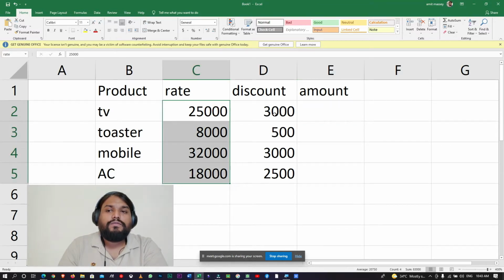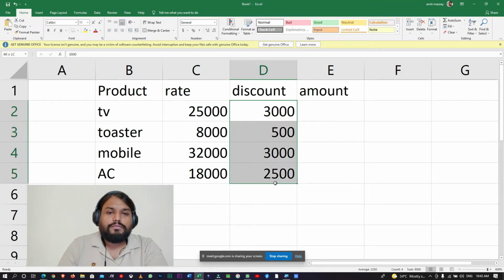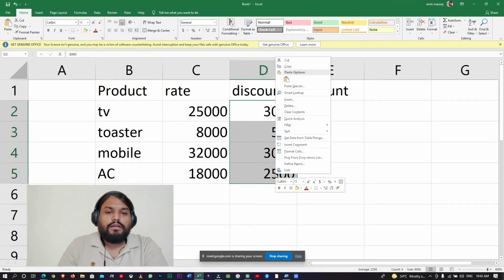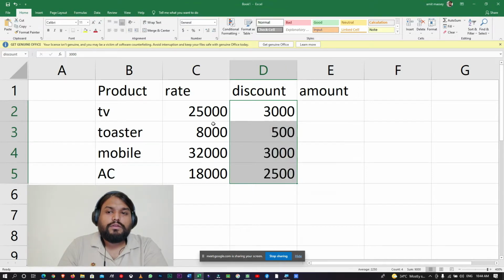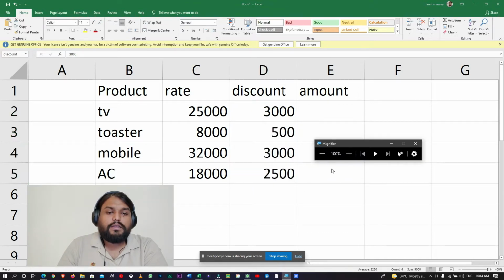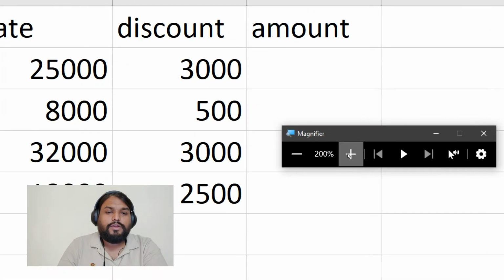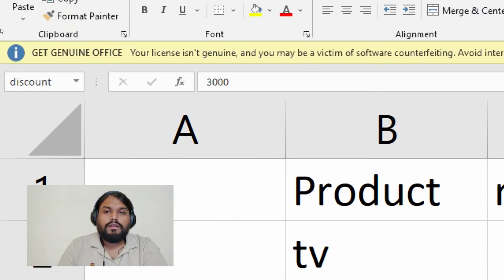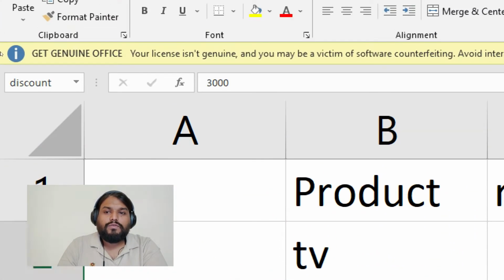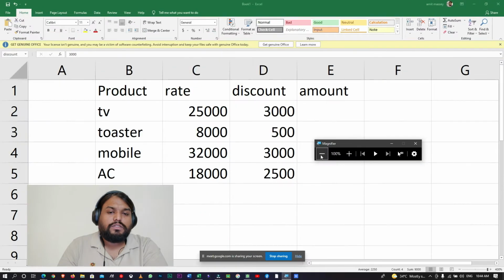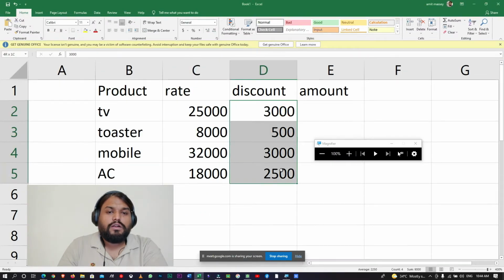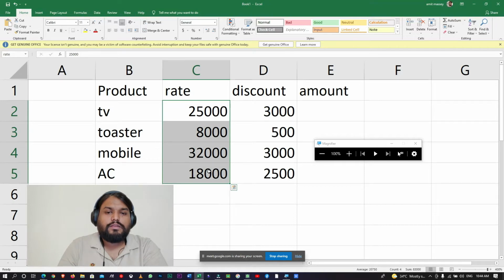Now we will give a name to this one. Right click, Define Name, the name is already there, discount, and you can find that name over here in the name box. So the name for this total range of discount is now discount. This is rate.